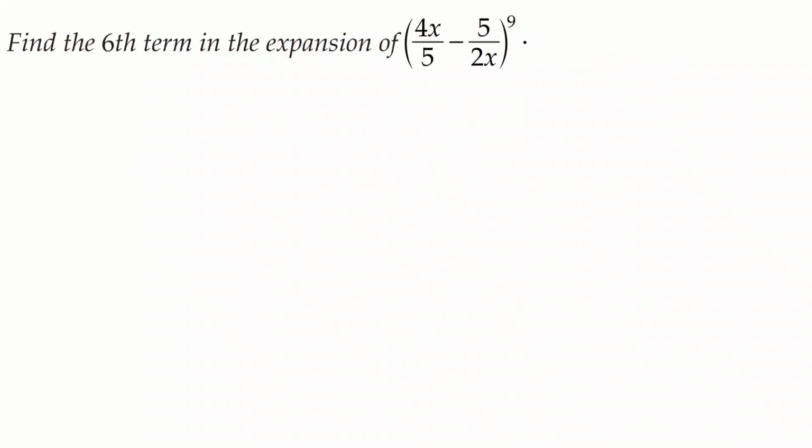The general term of a binomial expression. As of now we have taken sums on the expansion of the binomial expression, and now we have already told you that the formula for a general term of the binomial expression is T r plus 1 equals nCr a to the power of n minus r, and b to the power of r. Now I'll be making use of this formula. Find the sixth term in the expansion of this. So we have to find T6.